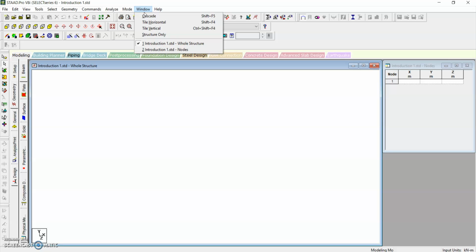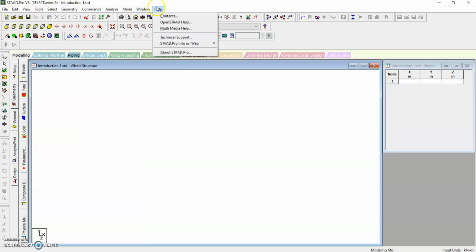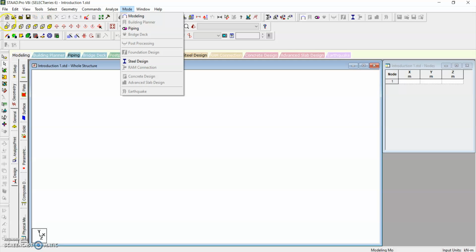And windows, we can open different windows in one stretch, and we can work on different windows, or we can also work on different planes. And this is a help icon. These tools are given as a shortcut in this toolbar.